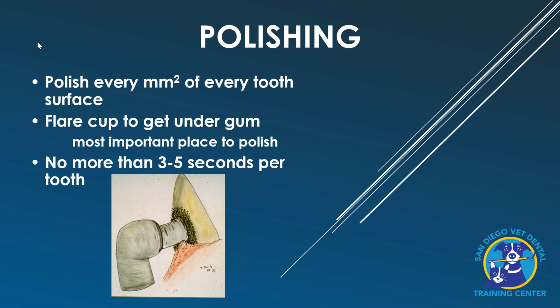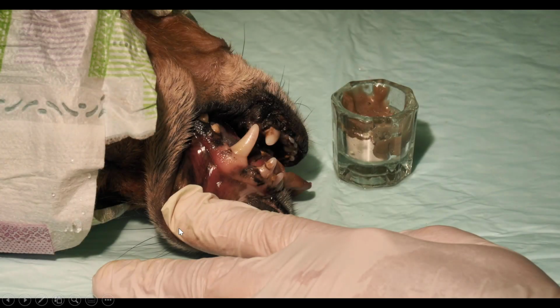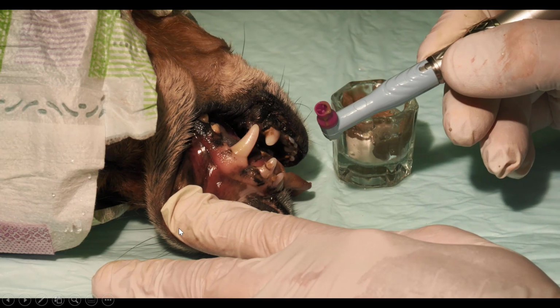The one other thing is this will overheat the tooth given time, so you have to use plenty of polish, and then don't use it for more than 3 to 5 seconds per tooth. You can go back to it after you've let it cool down, but the frictional heat will cause an issue with that. So the next step is to polish the teeth, and we're going to use a prophy angle,